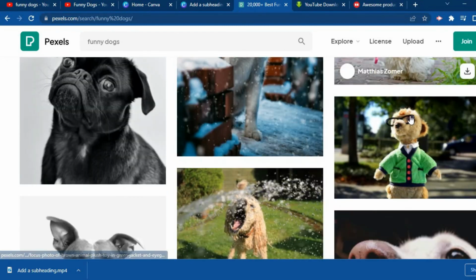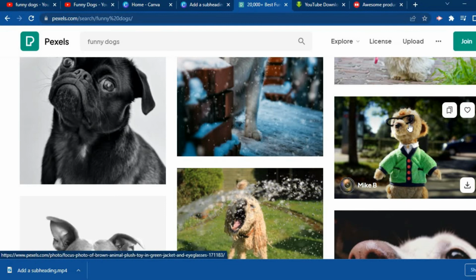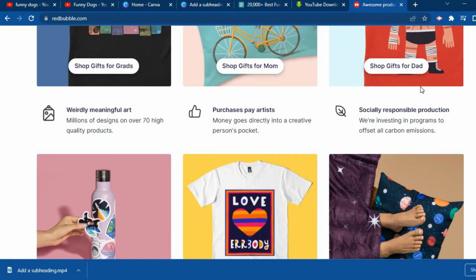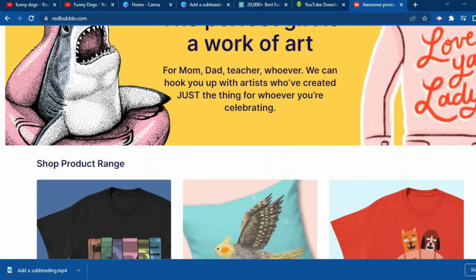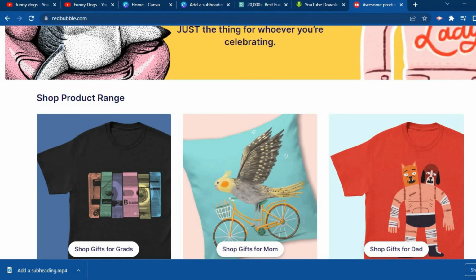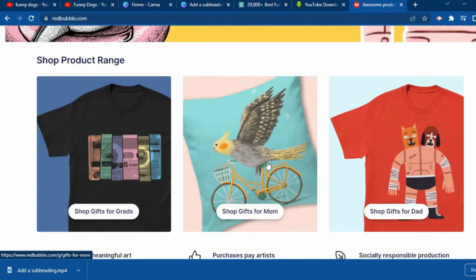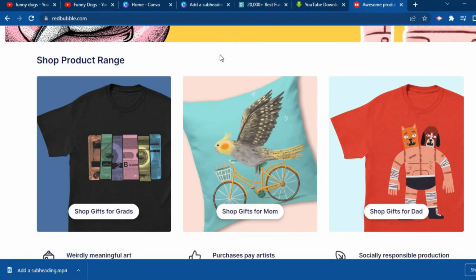I like this one right here, so I could simply download this picture and then upload it to Redbubble, and that's it. Once you have uploaded it to Redbubble, you can select whether you would like it to be a sticker or you would like it to go as a pillow, as you can see right here, and you will get your link. Once you have gotten your link, you will paste it in your video description, so somebody will